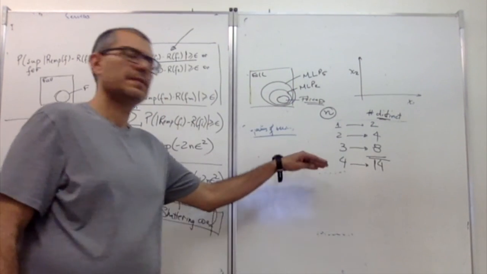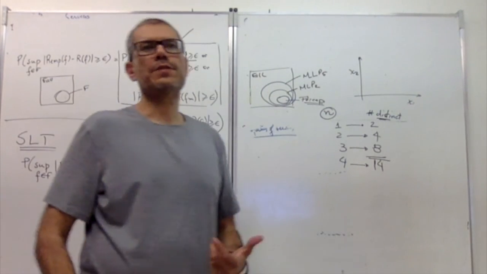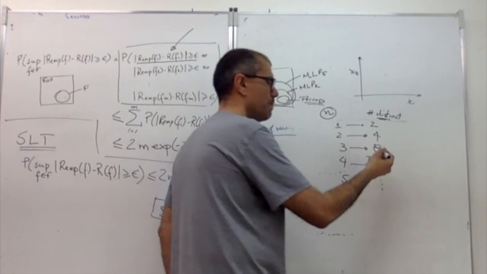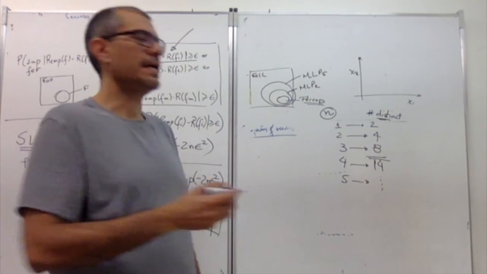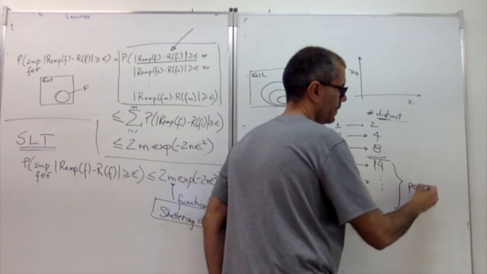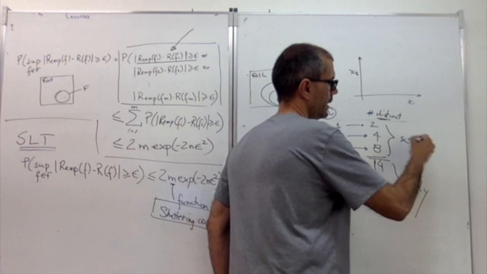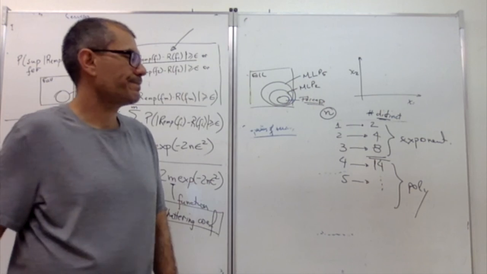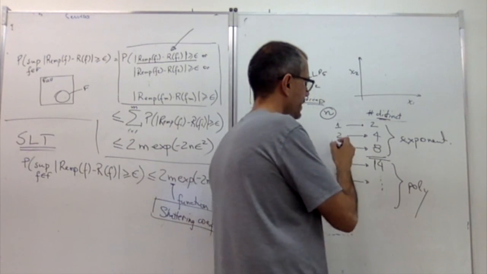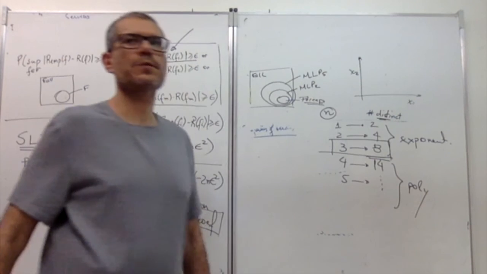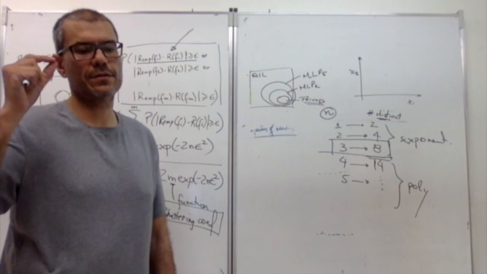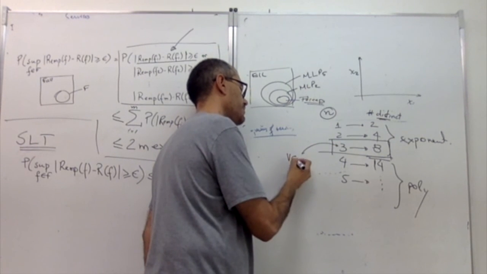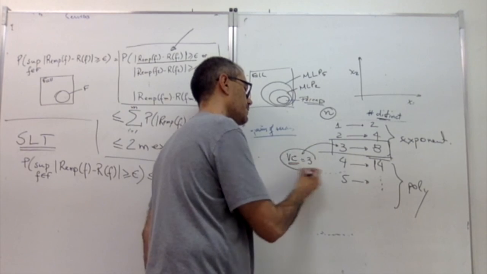And from now on, if the sample size increases, it's not going to behave like an exponential function. It will behave as a polynomial function, while here it has this exponential behavior. The most important point here, the last sample size where we have the exponential behavior, is known as the Vapnik-Chervonenkis dimension, which in this case will be equal to 3.